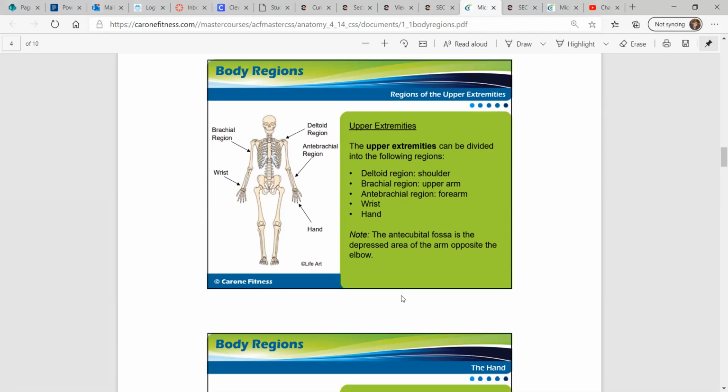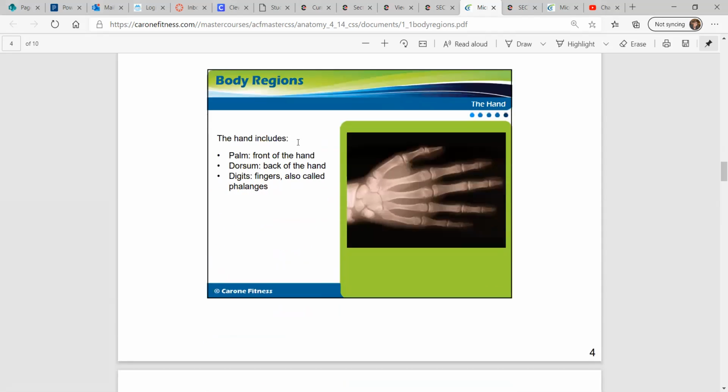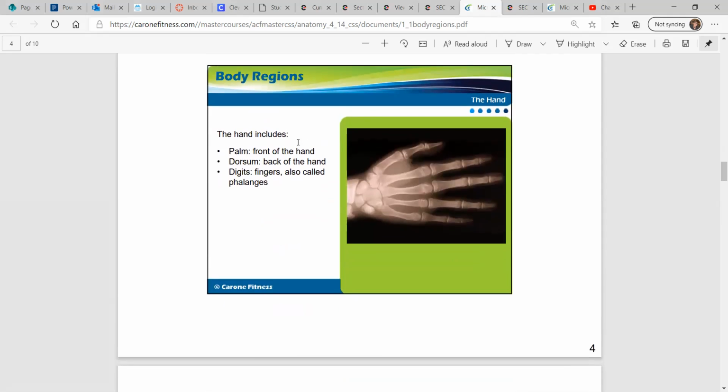And the slide says, note the antecubital fossa is the depressed area of the arm opposite the elbow. Interesting note, slide. So even within the hand, you have little components. The palm is the front of your hand, dorsum, the back, digits, which are your fingers, also called phalanges,